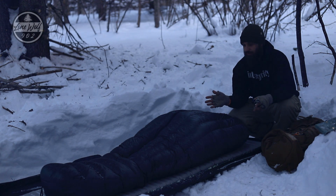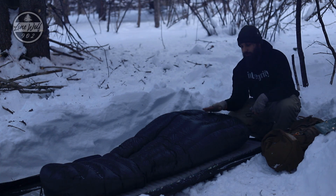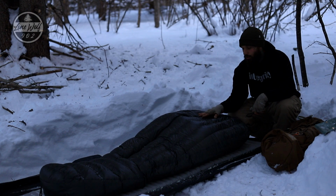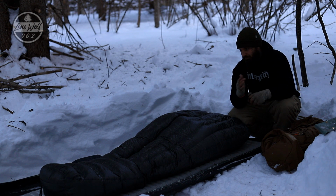I'm just going to shake off the sleeping bag, but it's important to get the snow off before you crawl in, because the longer the snow is on top and you're inside, it will actually heat up and slowly start to melt. Now, these sleeping bags are very good at holding heat in, so typically the outside shell doesn't really melt snow that much. It's not really a